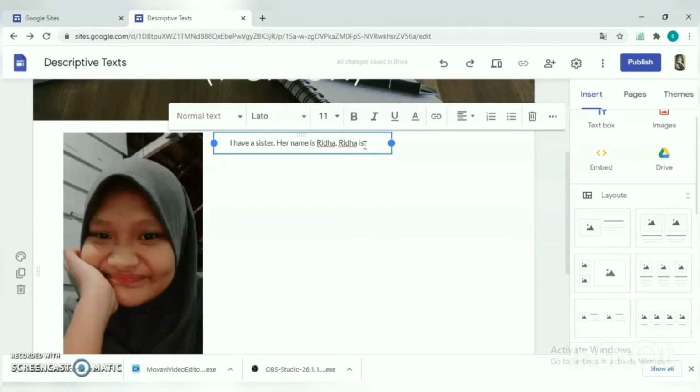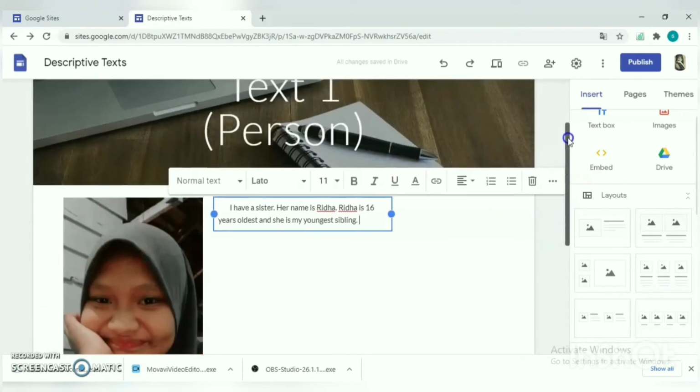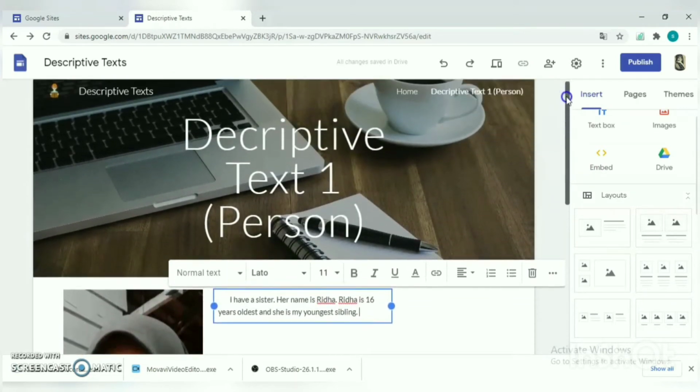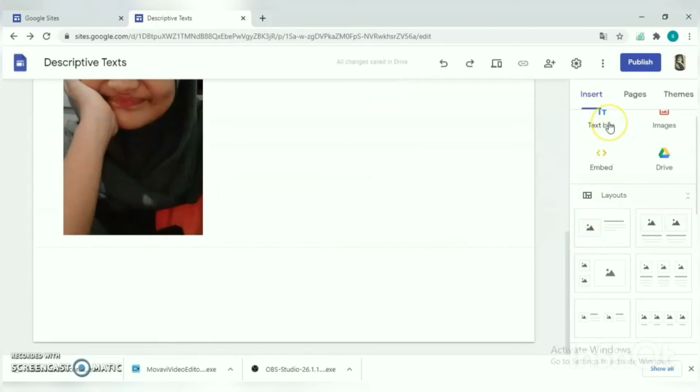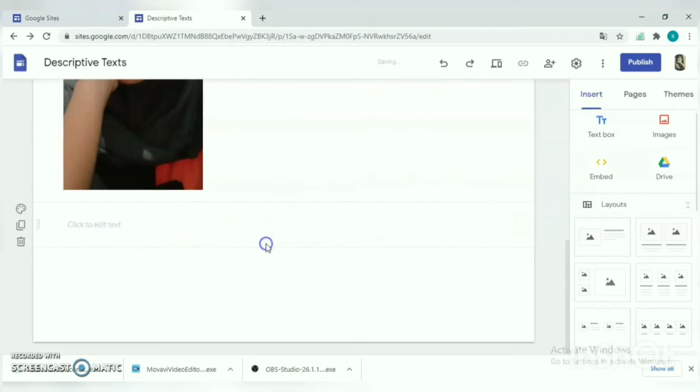Rida is 16 years old, and she is my youngest sibling. And so on, so on, so on. You can finish your own description about this. So after you finish it, you can leave this page, and perhaps you can choose again about the text box, and you write under the description of this all, and you choose something like